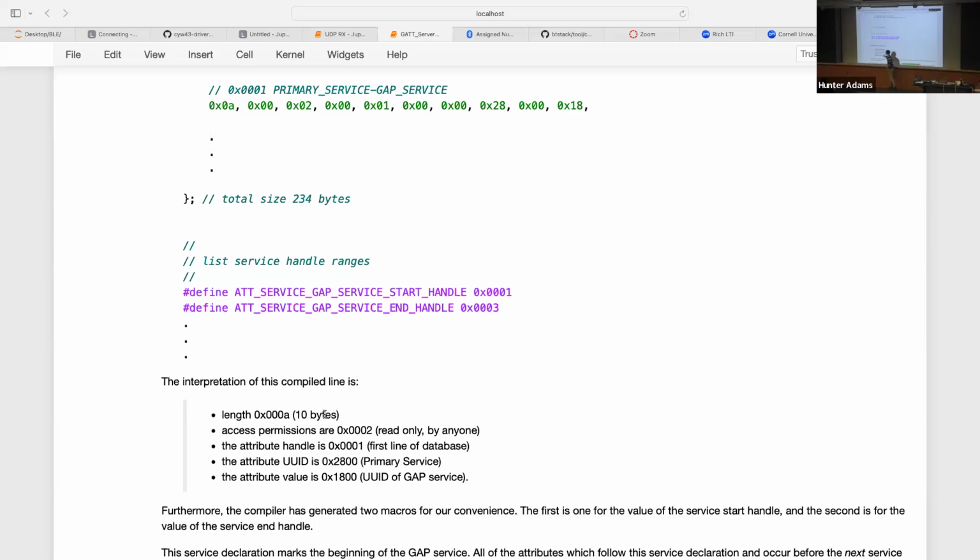The attribute UUID, its universal identifier, is 2800, which is from the Bluetooth specification. We could go to that big table, and what we would find is that 2800 is the UUID for a primary service declaration. So what that tells any connecting device is, hey, this line is me declaring a service, and the final attribute here,